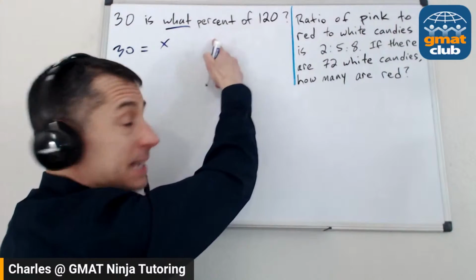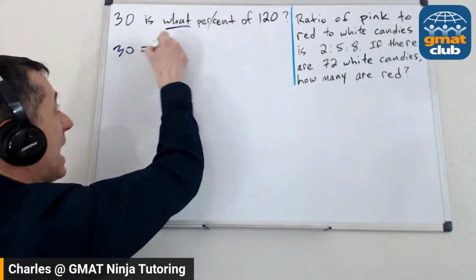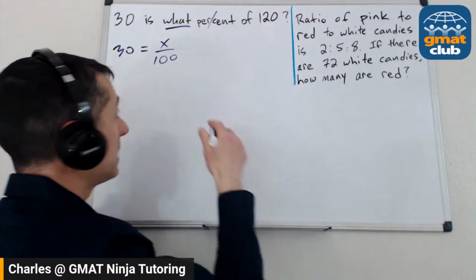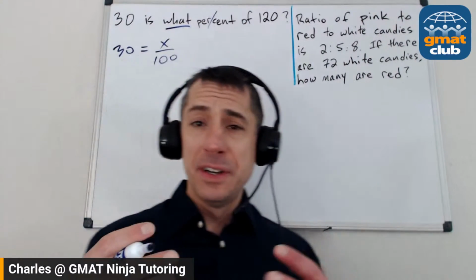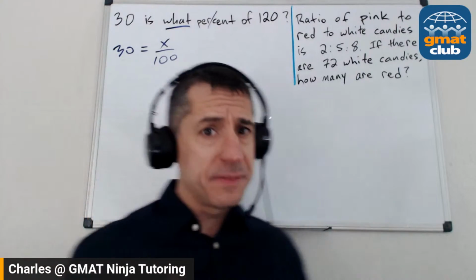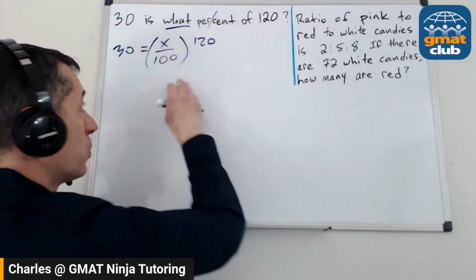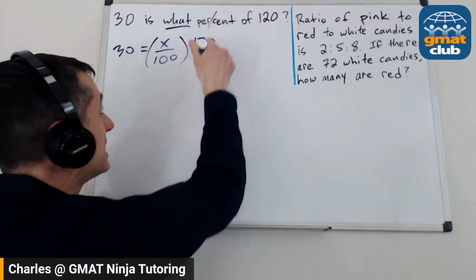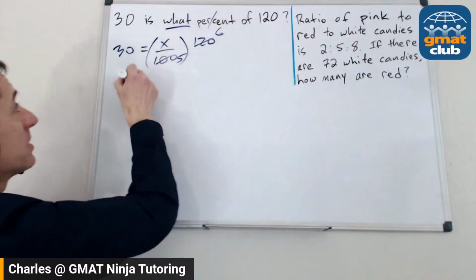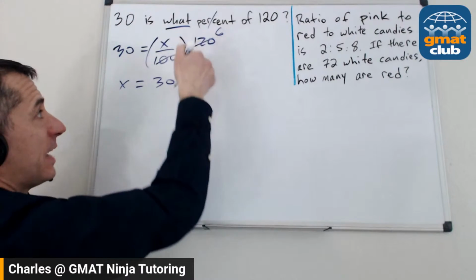Percent, what does percent mean? Literally a word with Latin roots, out of 100. So X out of 100 means you divide by 100. The word of just means multiply. So if I say 1/2 of 100, for example, you're taking 1/2 times 100, getting 50. So of is multiplication, and we multiply by 120 from there. Obviously, super, super easy. We can cancel. We're going to get a 6 here and a 5 here. So X is going to be equal to 30, just going to multiply by the reciprocal, 5/6.